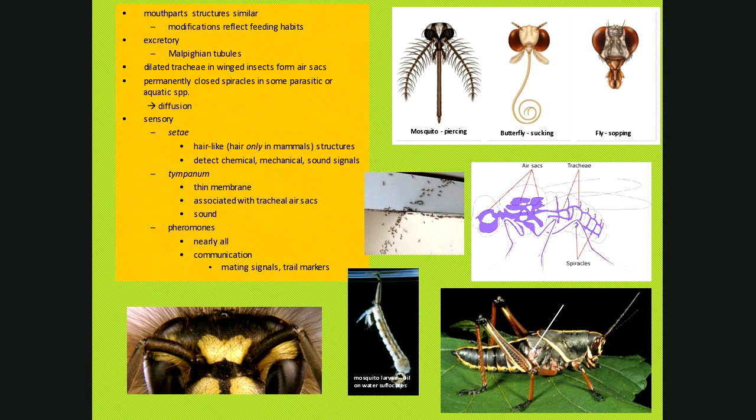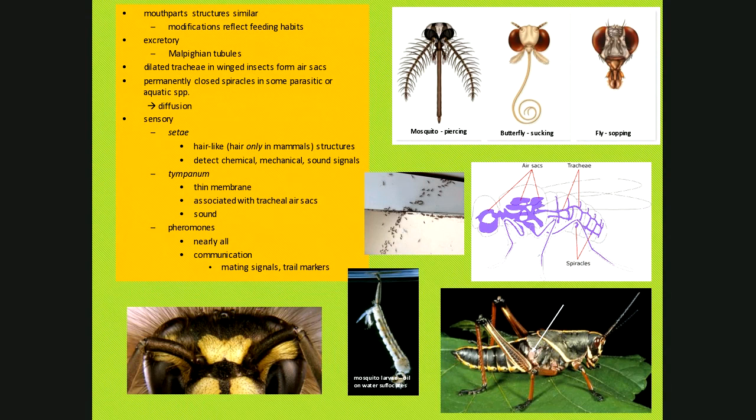One of the adaptations they use is different mouth parts, depending on what kind of critter they are. So you see on the right-hand side, if you're something like a mosquito or a tick, many times a blood parasite or a blood feeder, you're going to have a piercing proboscis. Proboscis is a fancy name for a nose, I guess. So the proboscis on the mosquito will be piercing. Butterflies suck the nectar out of the flowers, so they want that really long tongue so they can get very far back into that flower to get all that nectar.